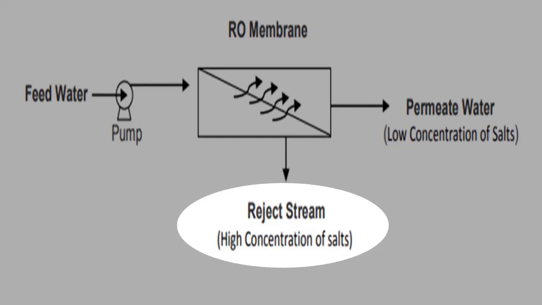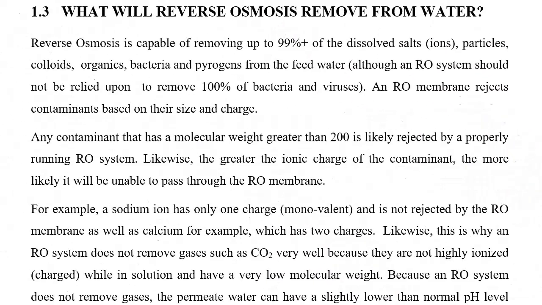The bad water contains more contaminants and it is called concentrate, reject, or brine. Next we'll learn about what things are removed in this reverse osmosis process. Reverse osmosis is capable of removing up to 99% of the dissolved salts and other particles like colloids, organics, bacteria, and pyrogens from